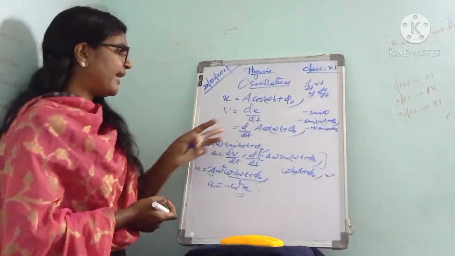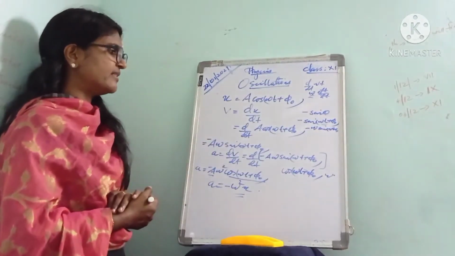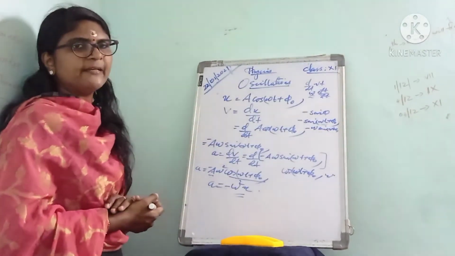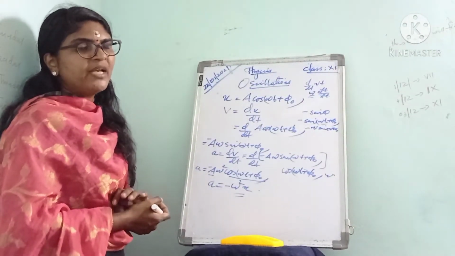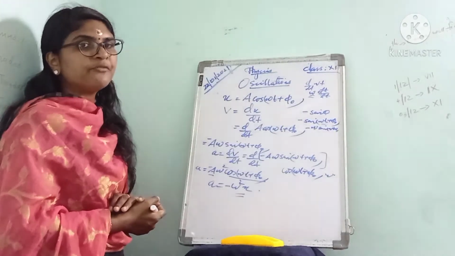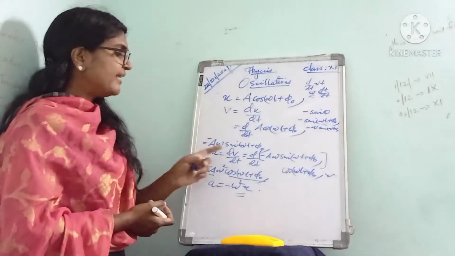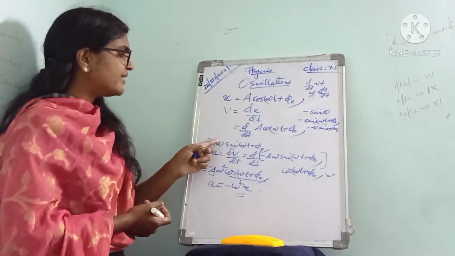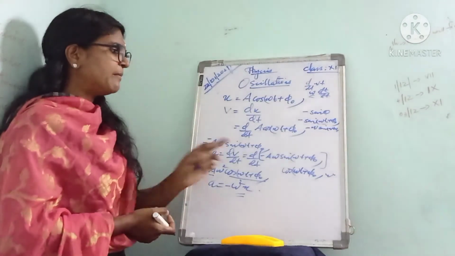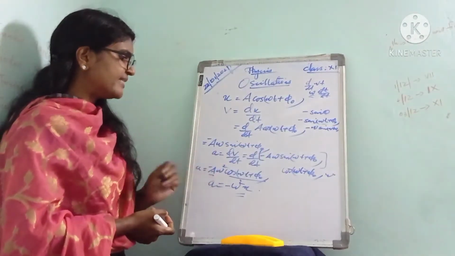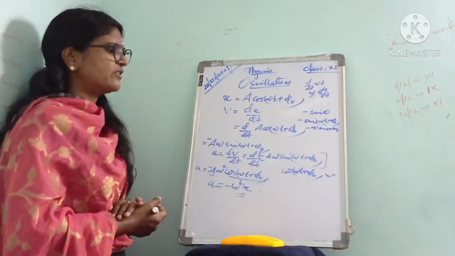Then putting A, we get minus A omega sin(omega t plus phi 0), that is actually velocity. From this velocity, we can calculate acceleration a. You know, acceleration is equal to rate of change of velocity, so actually it is dv by dt. Then instead of v, we can substitute minus A omega sin(omega t plus phi 0). Then minus A omega is constant, that is taken out. Then differentiation is applied to sin(omega t plus phi 0).